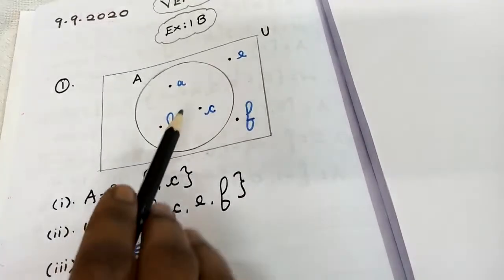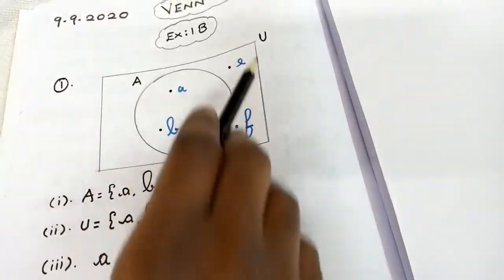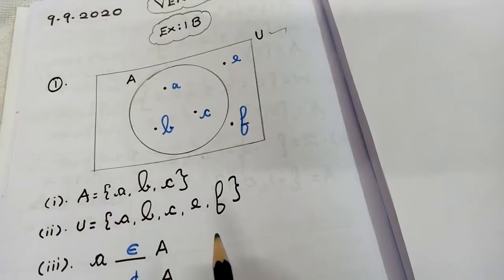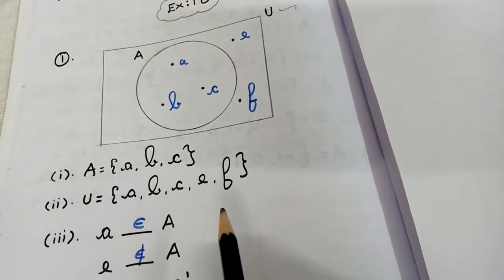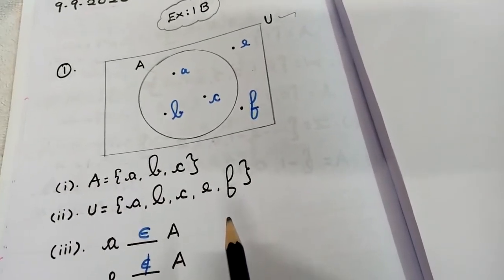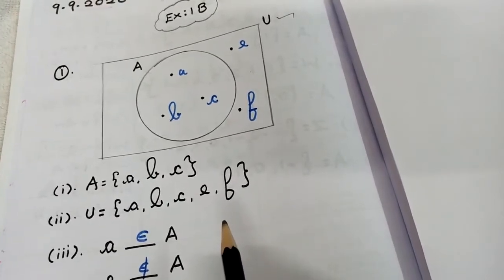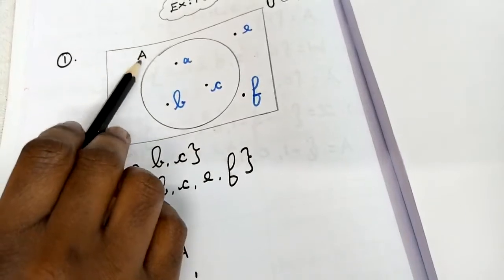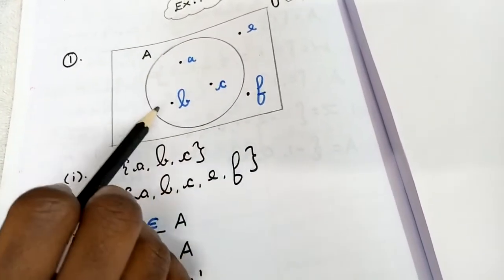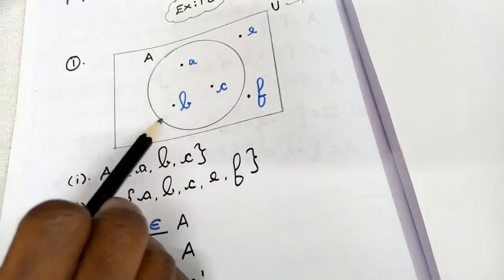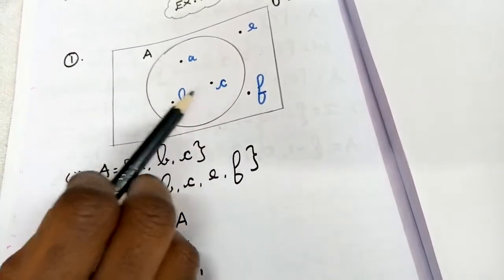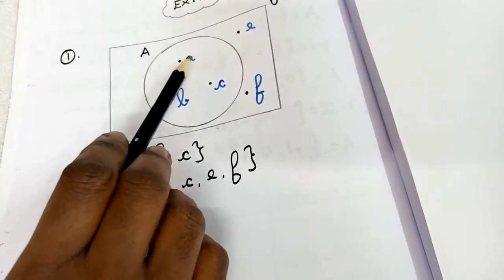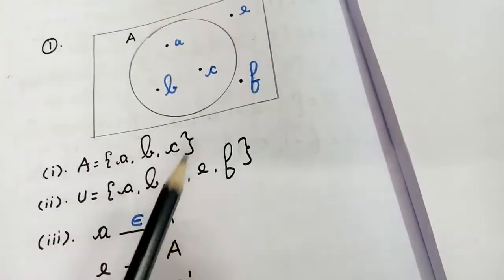While you are seeing this figure, the outer square is known as the universal set. U means universal set. The meaning of universal set is all the elements will be contained in that set, and from that set only the remaining small sets will be created. For example, A is in the form of a circle. Venn diagrams mostly use circles and squares. Square is nothing but the universal set. Circle is the Venn diagram concept. Inside circle A, I am having the elements a, b and c. So keep this in your mind.